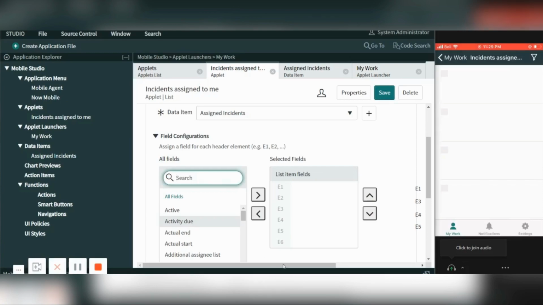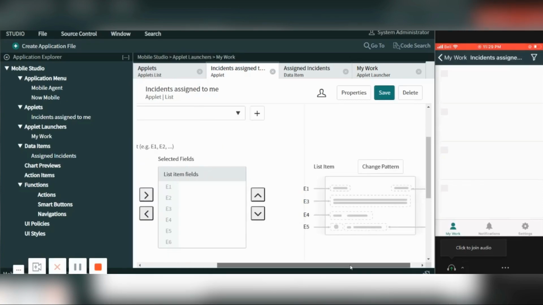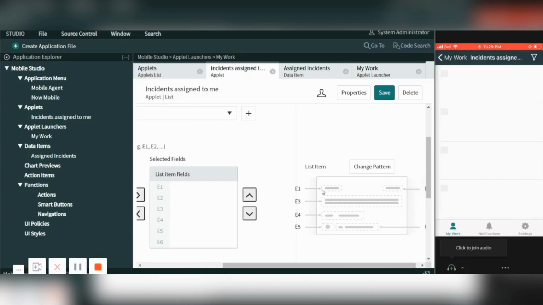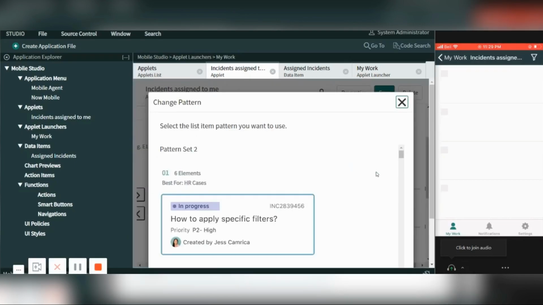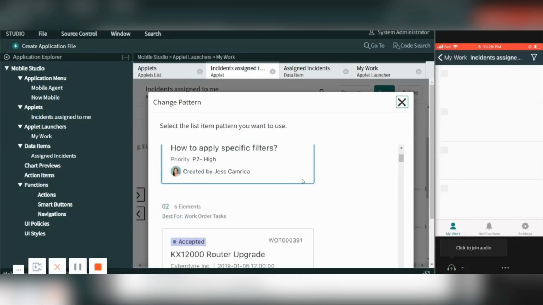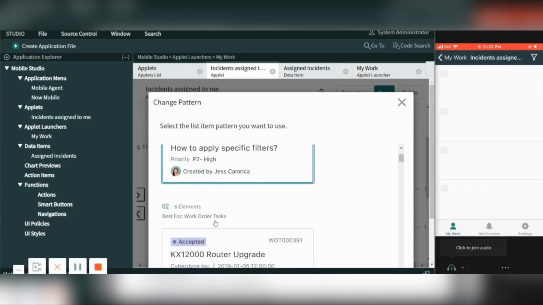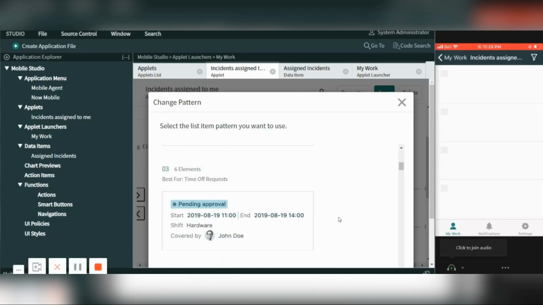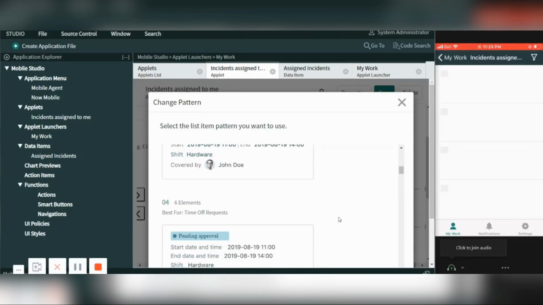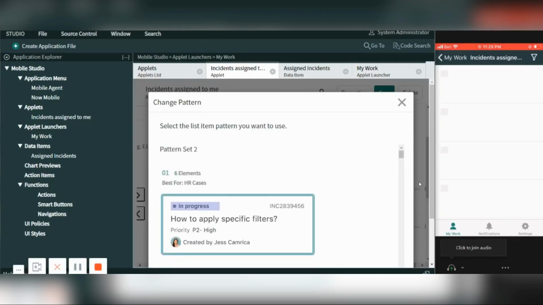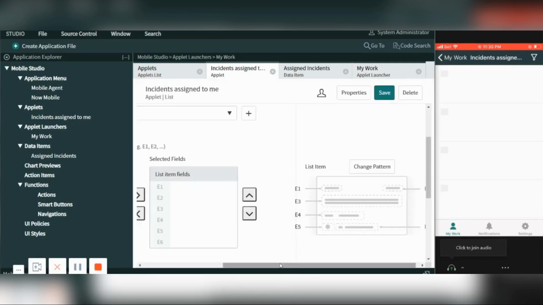In this screen, you can see I have different patterns, so I can choose the pattern in which I want to display. Let's take this one. Done.